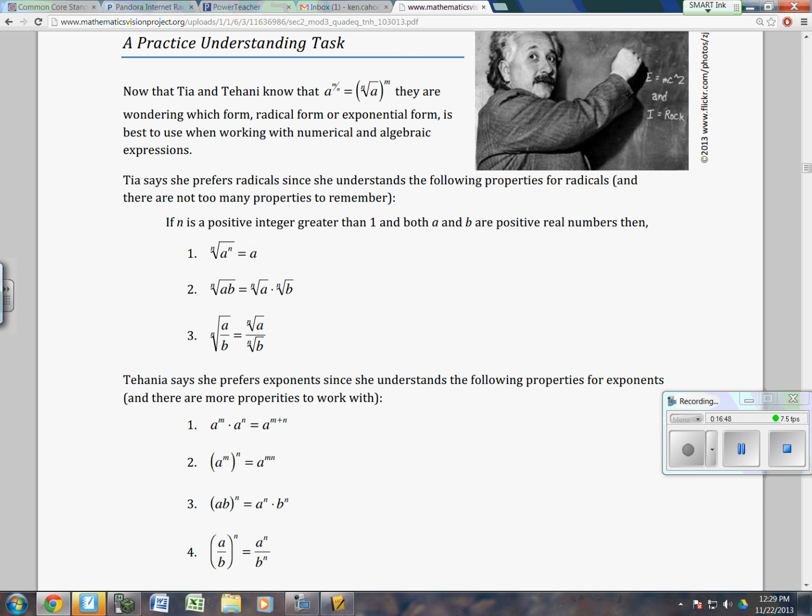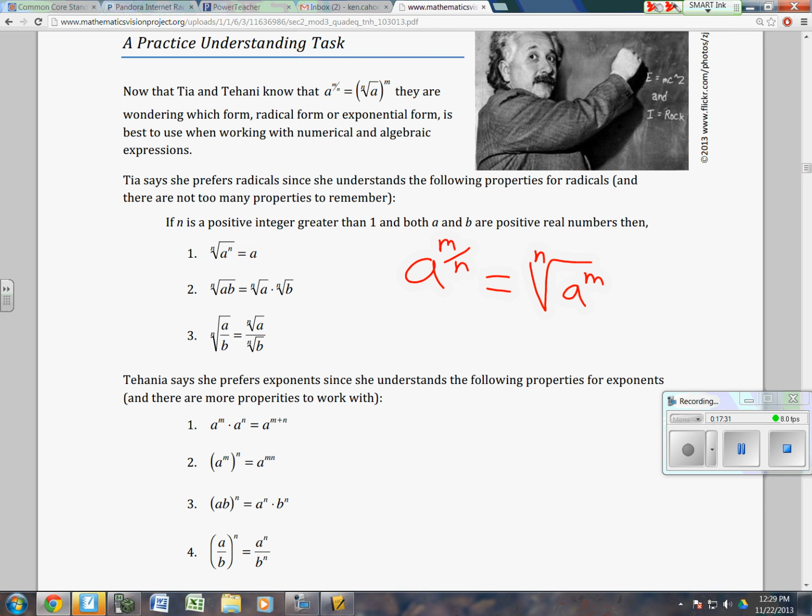It says, now that Tia and Tahani know that a to the m over n power is equal to the nth root of a to the m power. We all know that, don't we? Does everybody understand this? Look at this. Do we understand that? Okay. They are wondering which form, radical form or exponential form, is best to use when working with numerical and algebraic expressions. Okay? So Tia says she prefers radicals since she understands the following properties for radicals, and there are not too many